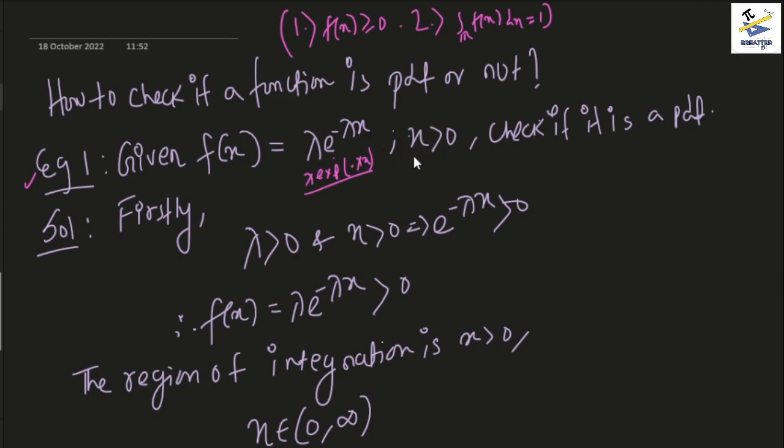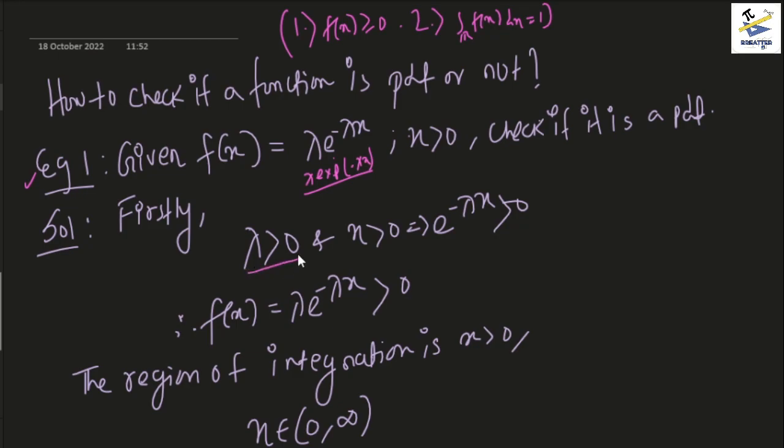And the constraint on x is basically x is greater than 0. So it simply means that x is a real number and x is positive, so it can take any value which is greater than 0. We need to check if this function is a PDF or not. Okay, so solution: